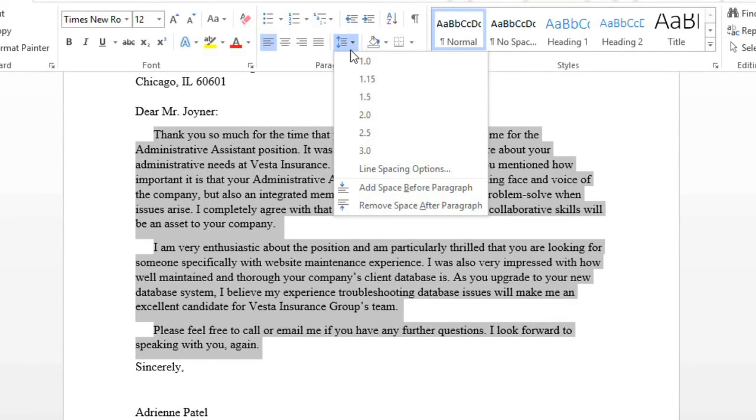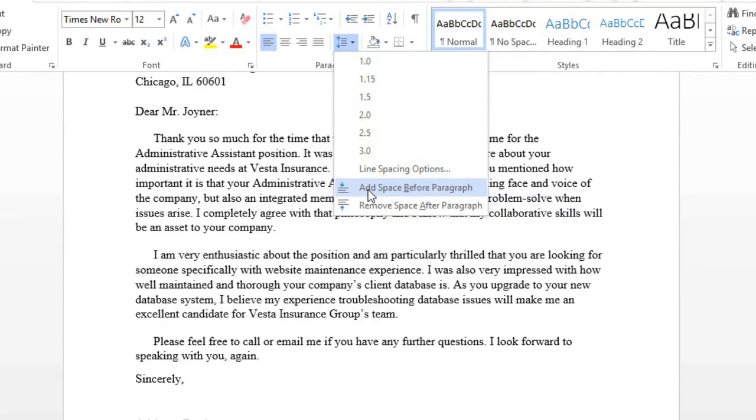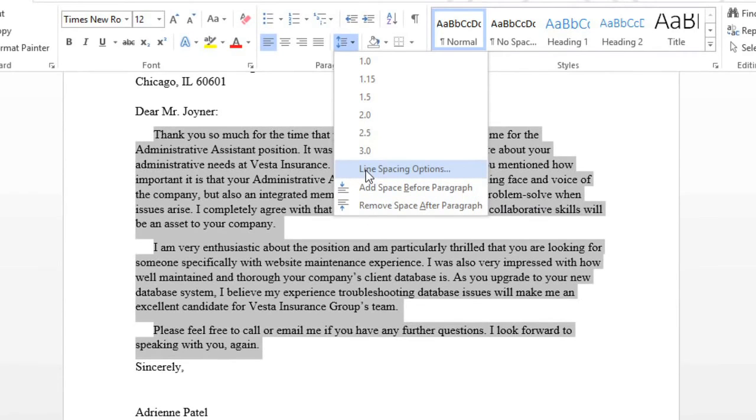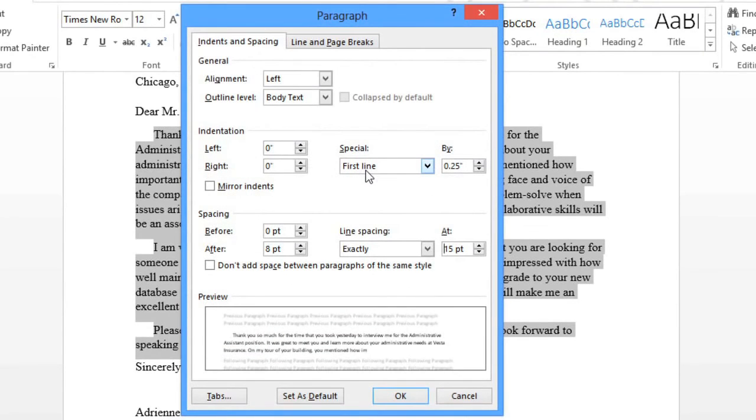And then at the bottom of the list there are two options: Add space before paragraph and Remove space after paragraph. And these options will vary depending on the current paragraph spacing. Just like with line spacing, if you want to fine-tune the paragraph spacing, go to Line Spacing Options, and then you can type in whichever values you want for the space before and after. I think I'll try